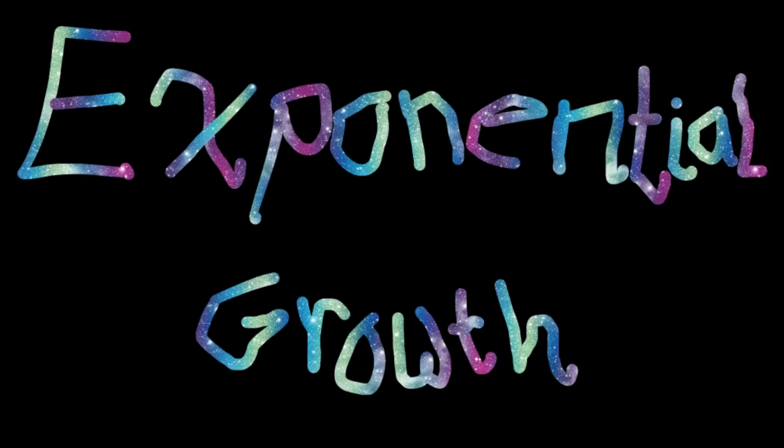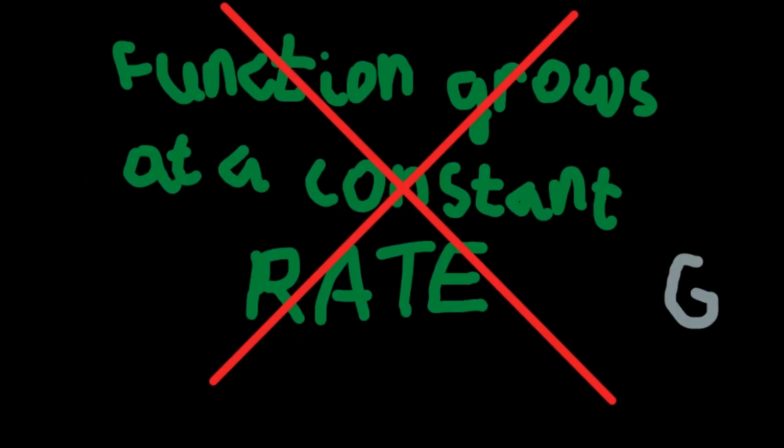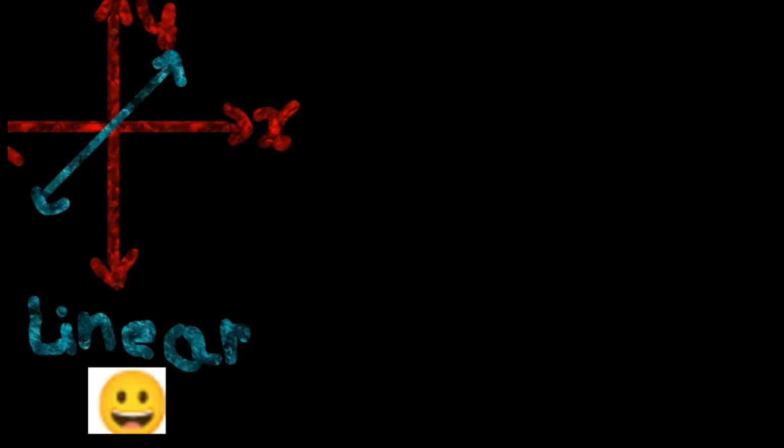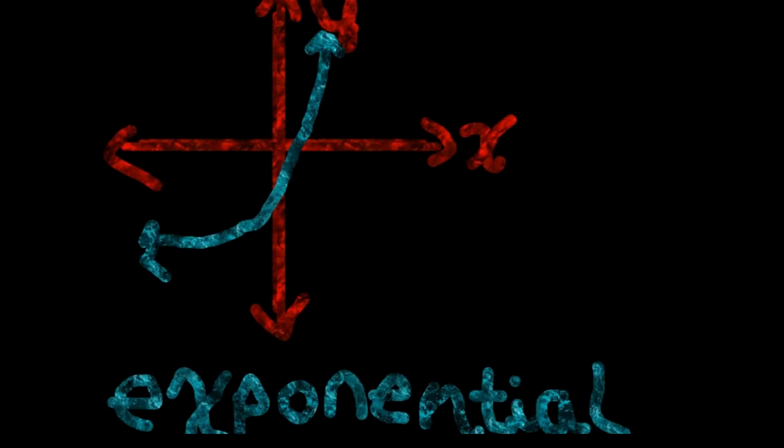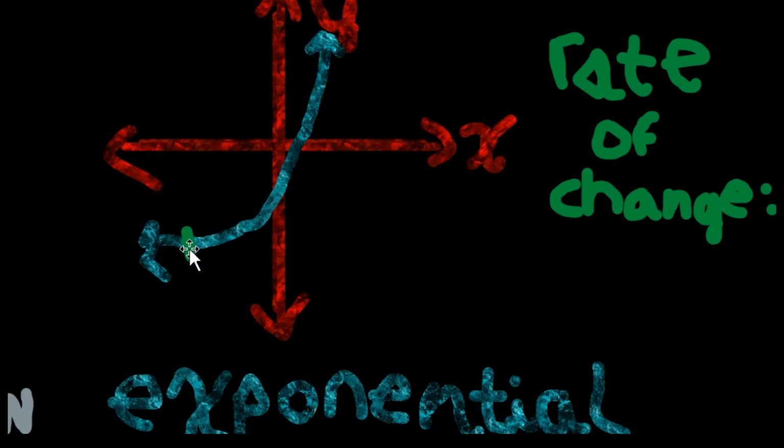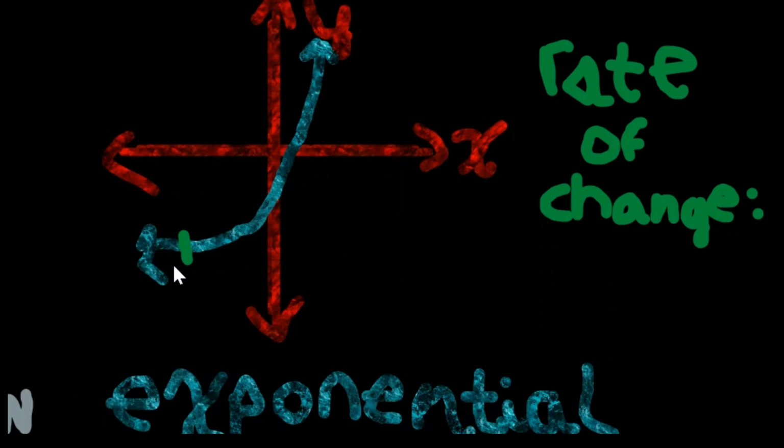As you may have guessed, exponential growth has it that the function does not grow at a constant rate. Instead of having our nice linear growth where the slope is fixed, exponential growth is a lot more crazy. But let's not judge a book by its cover, and so let's take a closer look at exponential growth. If you were to look at one of these points on this graph, say this point in green right here, and we were to see, well, what is the rate of change, or what is the slope of this green point, we would find a rate of change of about 0,